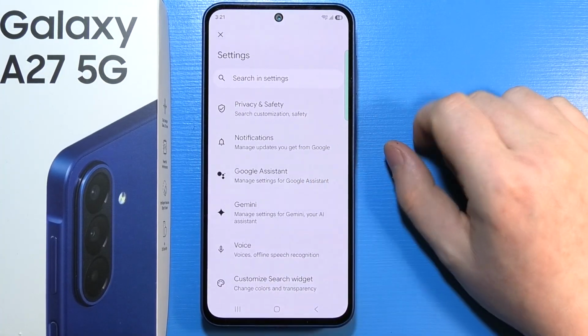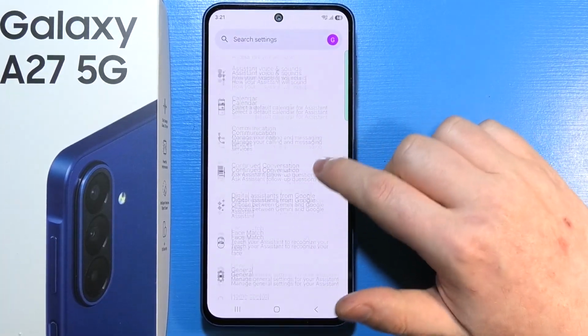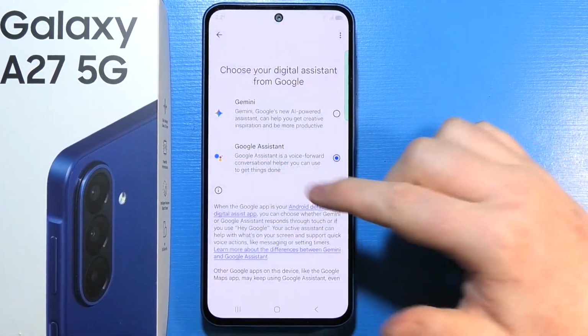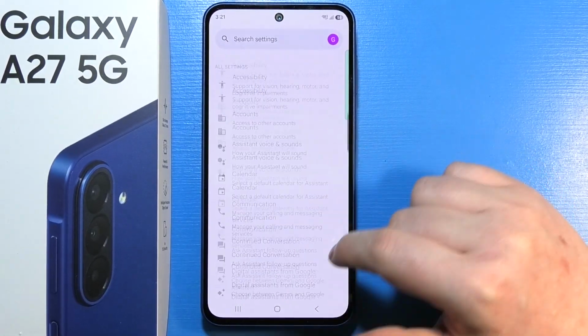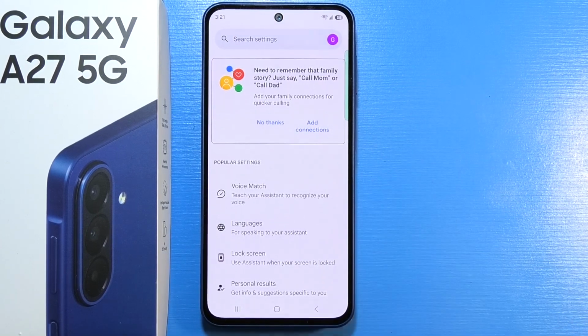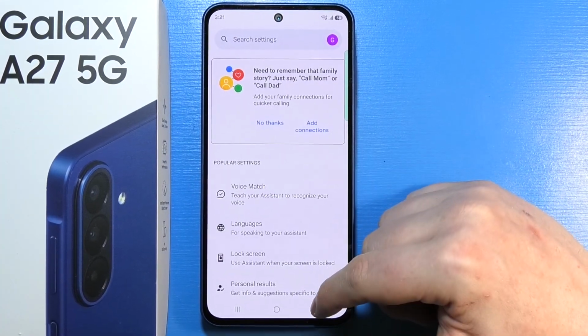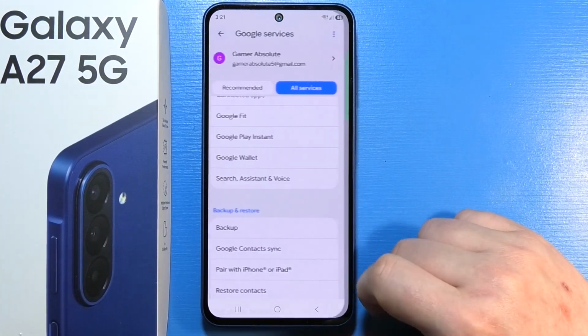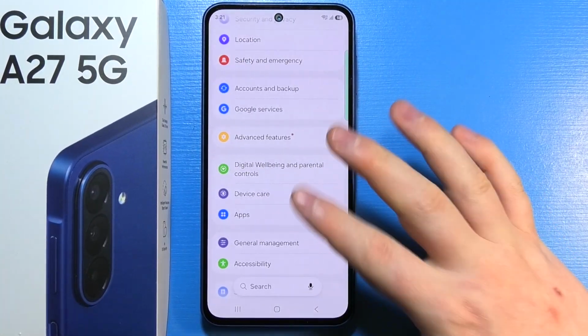After entering it, go to Google Assistant and then scroll down until we find the digital assistants from Google and make sure that Google Assistant is active. When it is, you can go to the rest of the settings and just adjust them however you want. When that is done, for example, Voice Match is set up, you can then go back and in the main